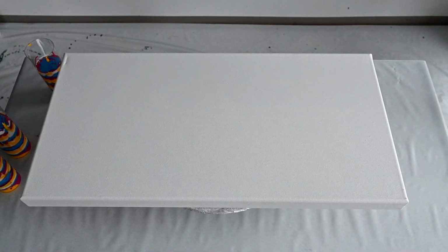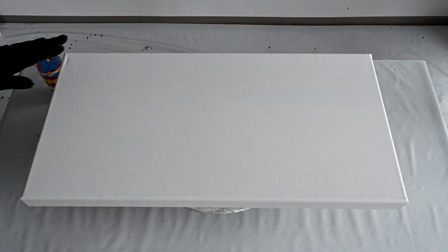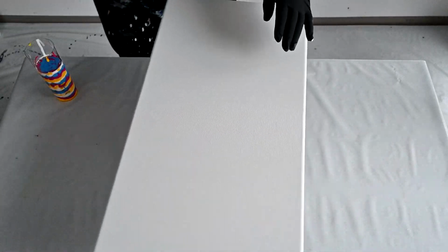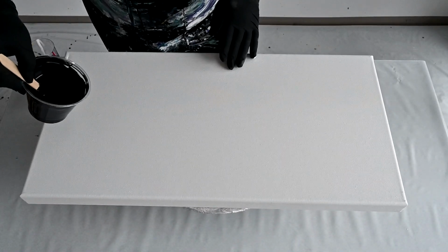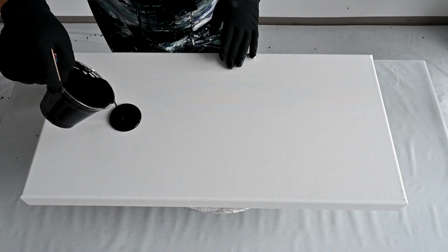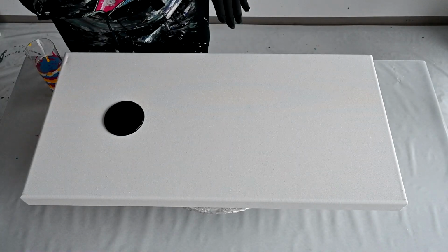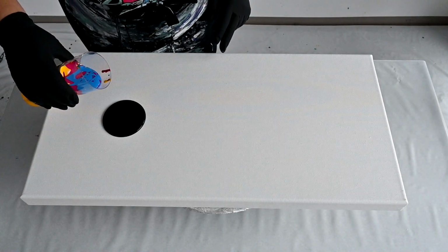I have to remove those cups, otherwise I have to see if this, okay, and I will pour a little bit of black here when I start with the first one. Not a lot, just